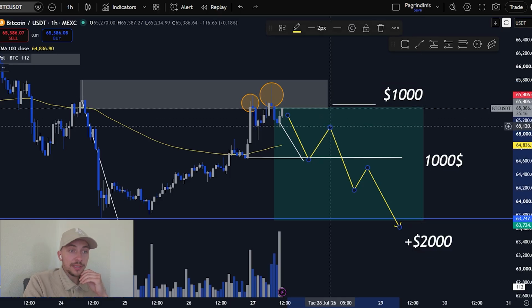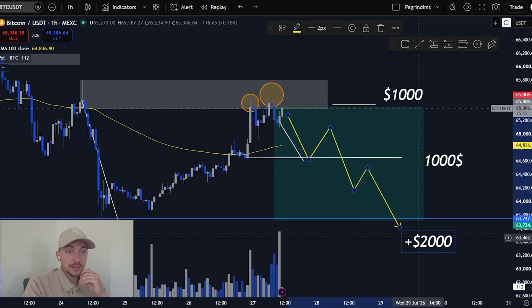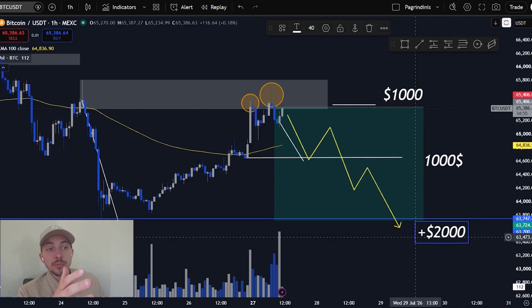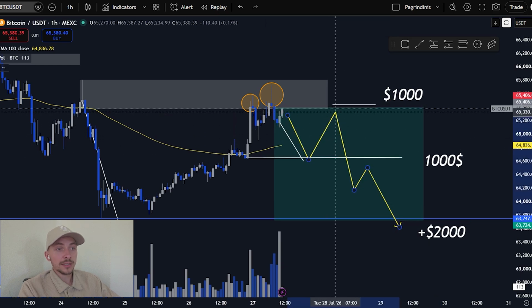But if that's not what happens and the price goes like that, we're taking home 3K overall. Partial trades are important because it's possible for the market to retest the lower level where we took our $1,000 and then come back. It can continue the uptrend, because now we're looking at the supply zone, and there's a big possibility that the price goes down, but it's not always 100%. That's why you're protecting the capital and putting your stop loss at break even, to save your capital and make some extra bucks. But if you're not taking the partial volume and this happens,